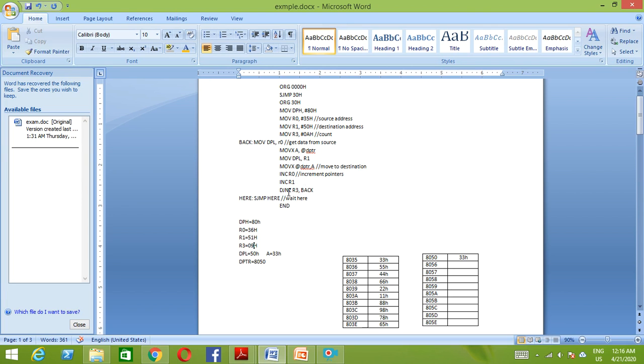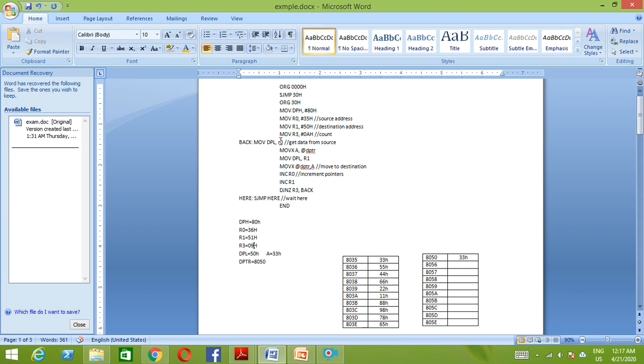Then it is checked: decrement and jump to 0, r3, come back. In the sense, it is going to decrement the content of r3, and again, if it is not 0, then it is going to jump back to this back label. Okay, so this is called labeling. Whatever is there is called a label. On this location we are going to jump. Alright, so it is not 0, and then it is going to jump back to this location.